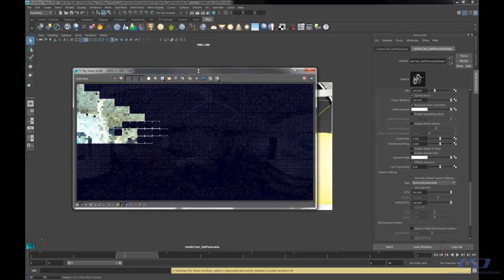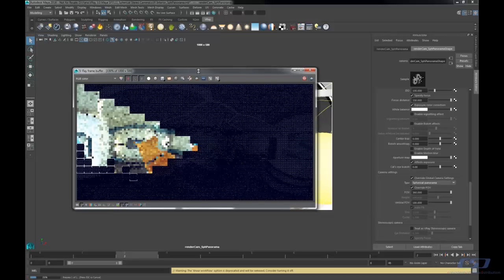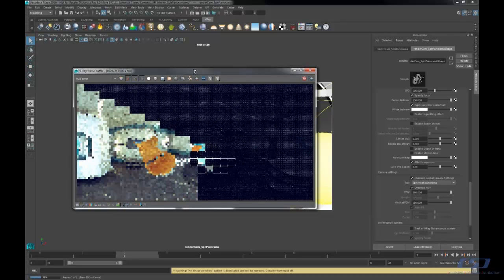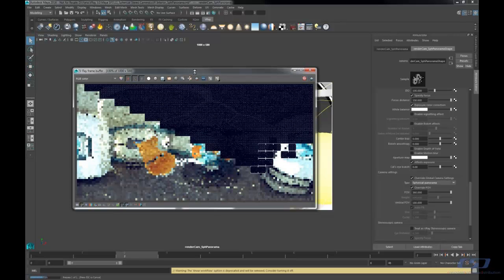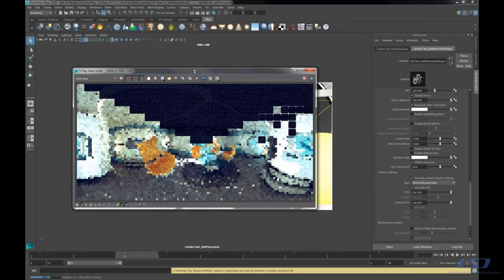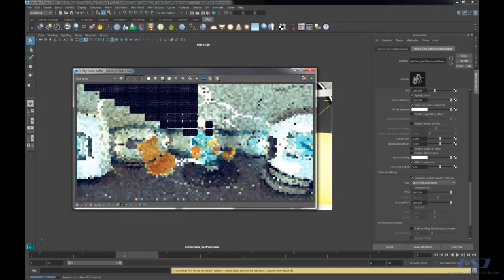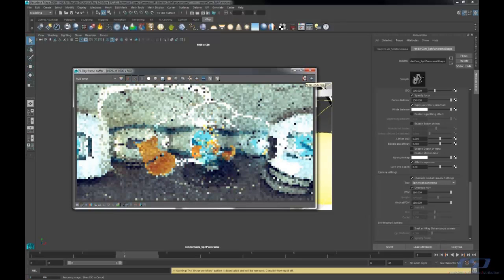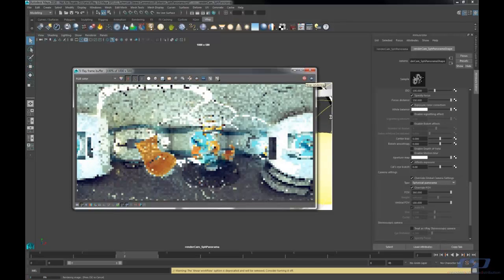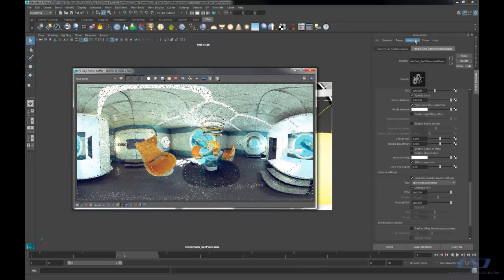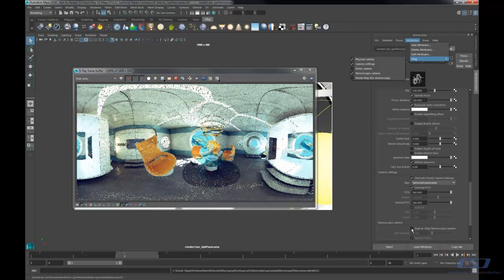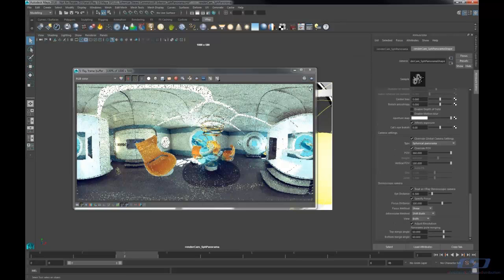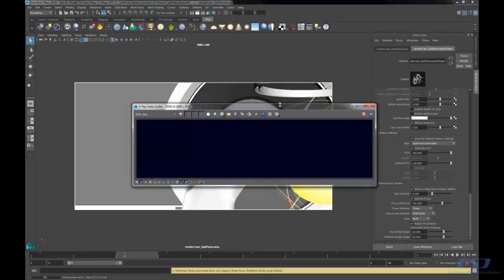Here it is. Now I have a whole spherical panorama. But I want to render stereoscopic, so I can load my image afterwards in my headset. For this purpose, I need to enable here the stereoscopic camera. You can add it from here. And I enable this, and I'm going to start rendering and explain what the settings